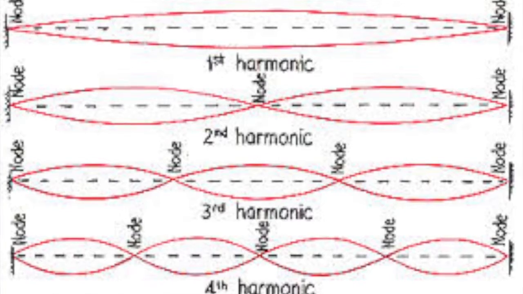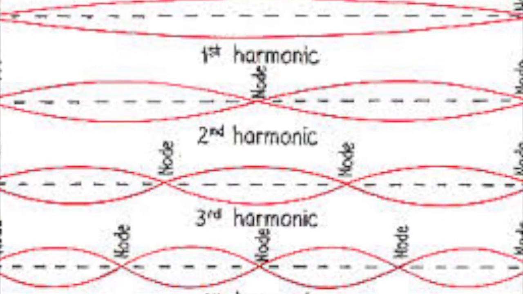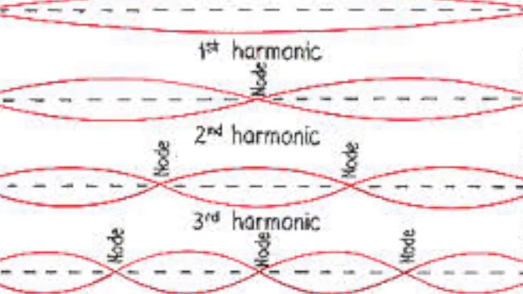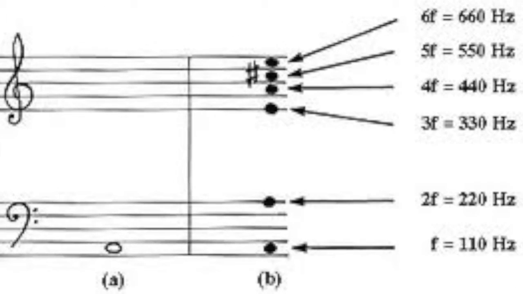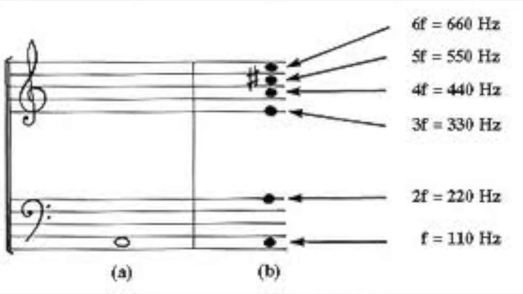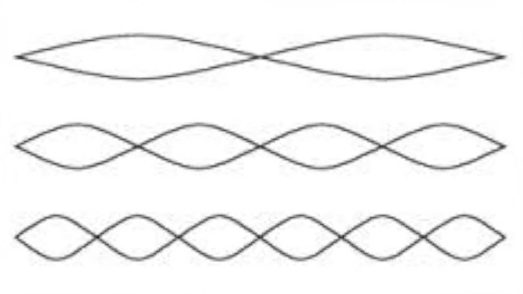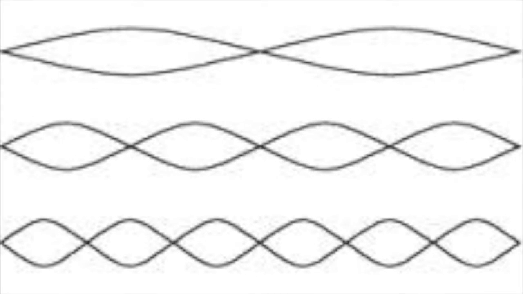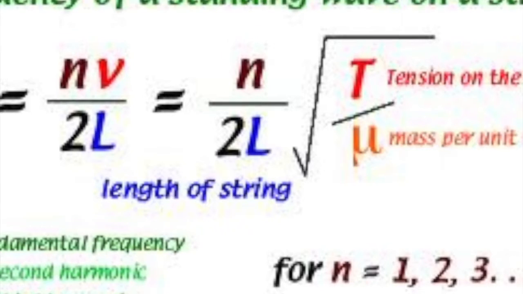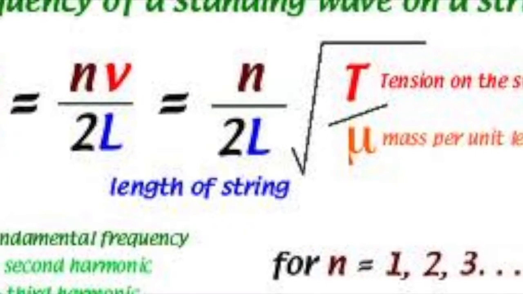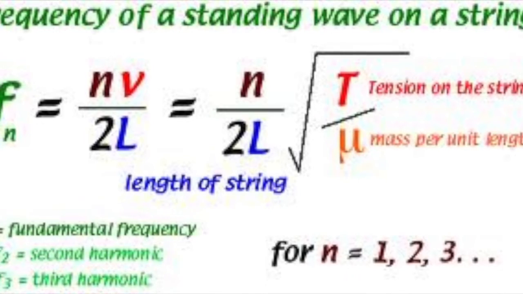Finally, we're going to briefly discuss harmonics. The fundamental frequency is the lowest frequency of vibration of a standing wave that is possible. Now, harmonics are integral multiples of the fundamental frequency. However, a harmonic series is a series of frequencies that includes the fundamental frequency and the integral multiples of the fundamental frequency. The equation for a harmonic series of standing waves on a vibrating string is frequency equals harmonic number times the speed of waves on the string divided by 2 times the length of the vibrating string.